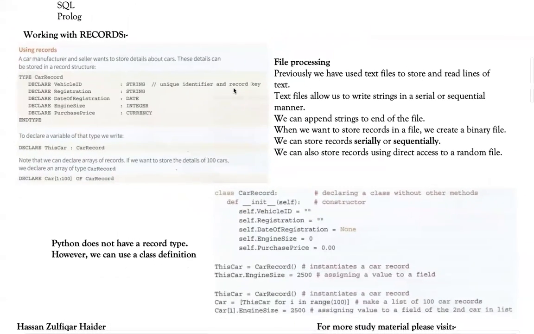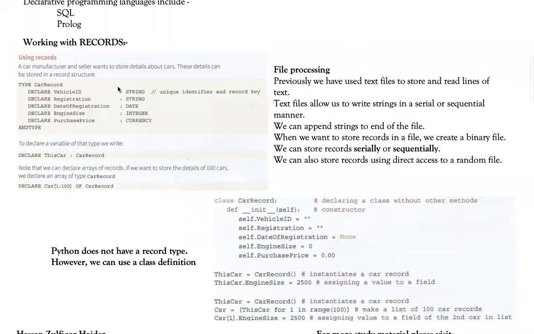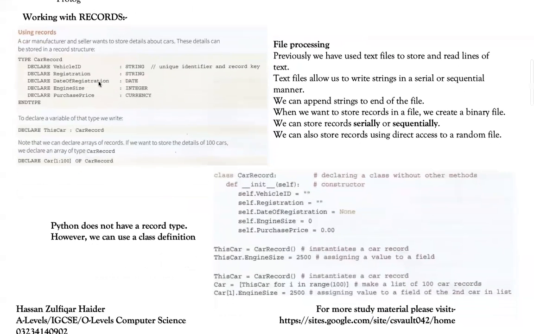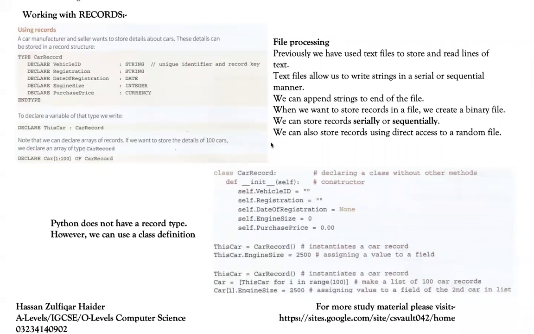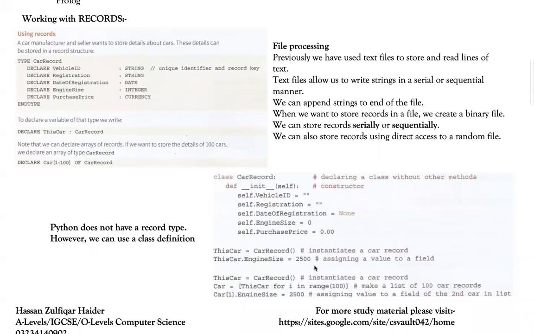Okay, now let's discuss how records are used in Python specifically. As we already studied what records look like in pseudocode in paper two, but we haven't practiced how they are implemented in your Python language, for example. And once we have a good understanding of records in Python, we will be working with file processing,